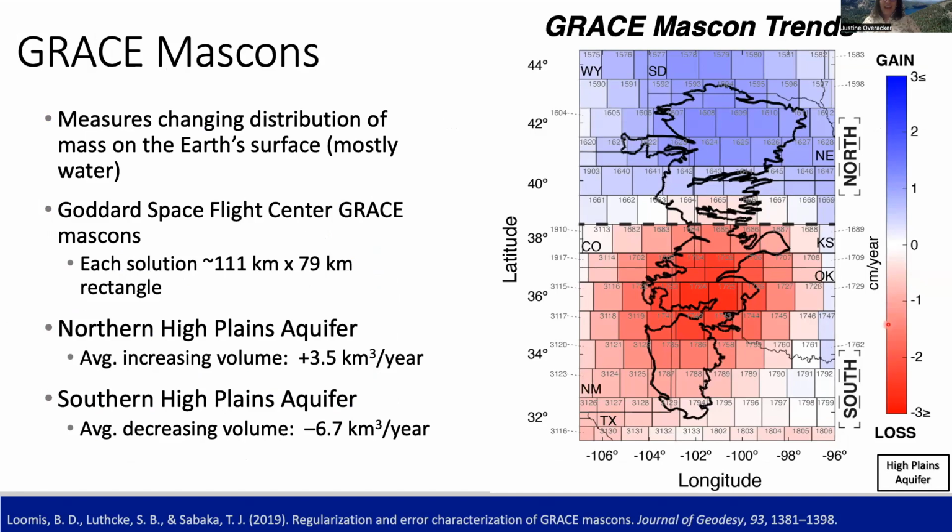So, to understand the hydrological impacts on VLM, we turn to Gravity Recovery and Climate Experiment, or GRACE data, which measures gravity perturbations, including those caused by the changing distribution of water mass on the Earth's surface, including perturbations caused by groundwater extraction. Now, this figure really emphasizes the difference between the northern and southern parts of the aquifer. The northern part shows an increase in water mass, the southern part shows decreasing water mass, and the area of greatest water mass loss is